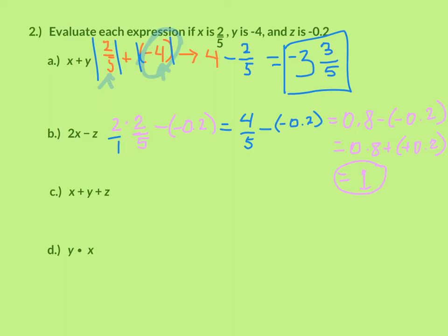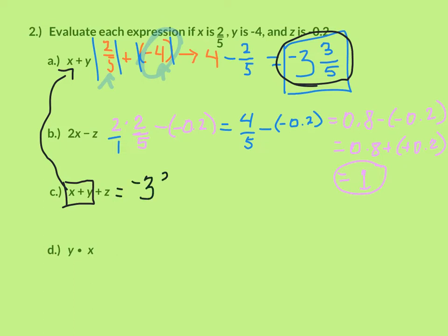Okay, the next one. We've got x plus y plus z. Well, wait a minute. X plus y, we already did that. It's right up here. I don't like to redo my work, do you? That's just silliness. So I am going to do that first. I'm just going to bring that right down. My negative 3 3/5. It's right here. That's fine to do just as long as you show your work so that it makes sense for when we check it. So negative 3 3/5